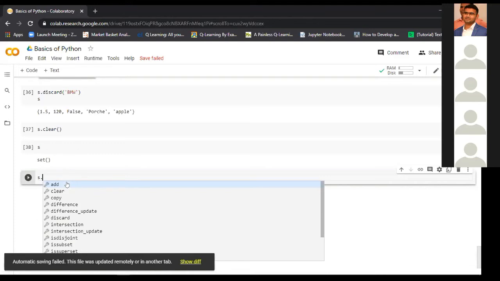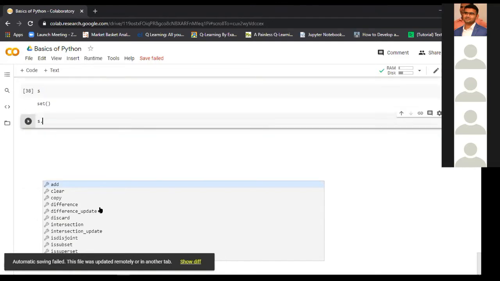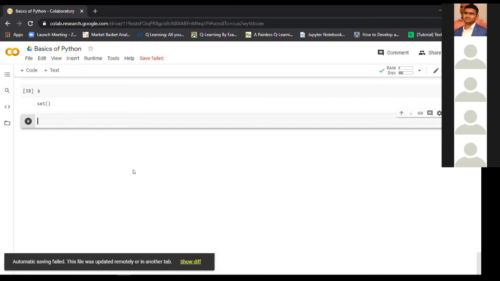But if you want to use this feature of shift tab in the Colab, then you have to use control and space bar. Control and space bar will give you all the available methods. Here you can see the different methods available for us: add, clear, copy, and so on. So this is for the set.